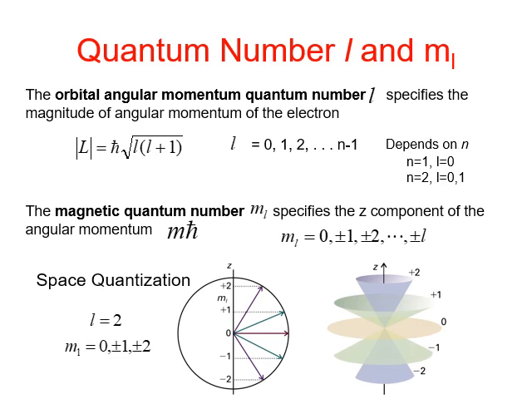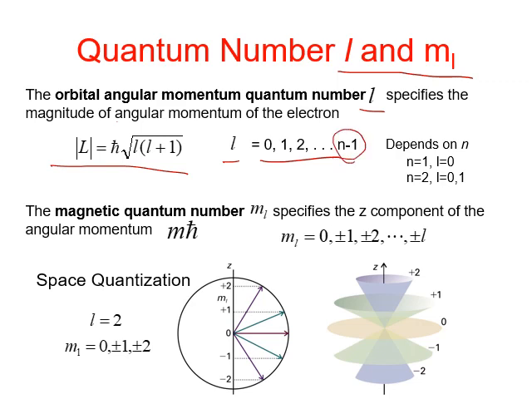We have seen quantum numbers L and m when we discussed diatomic rotation. In the hydrogenic atom, quantum number L is called the orbital angular momentum quantum number, which specifies the magnitude of angular momentum using this equation, which is similar to the equation when we calculate the magnitude of angular momentum for rotation. The allowed values are also similar to the rotation, but the maximum value of L is determined by the principal